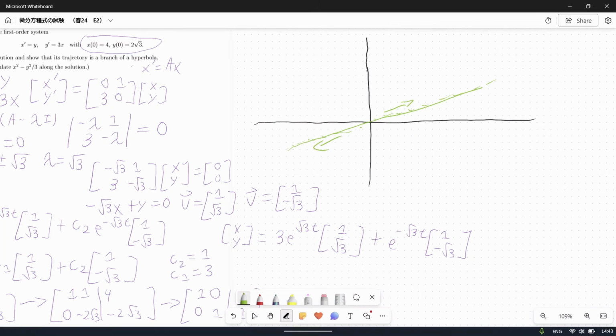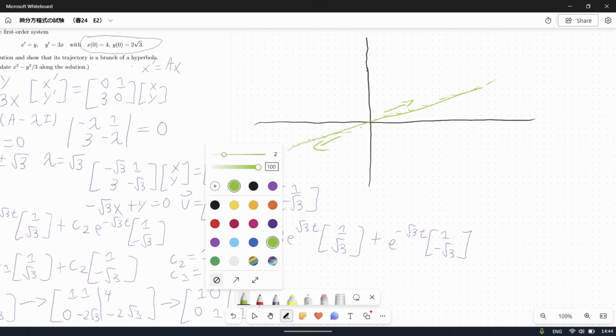And then we have a negative eigenvector here. Well, we have a negative y term, and the eigenvector through the origin for that, when we visualize it, is going to look like this,